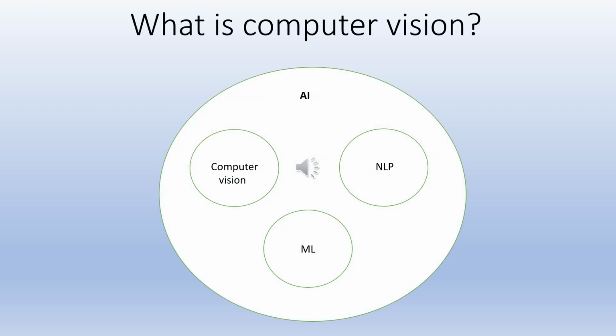So basically, what is computer vision? We are all familiar with the term AI, artificial intelligence. In layman's terms, we want to make the machine think as we do: how we talk, how we understand each other, how we analyze and predict, a kind of analysis similar to humans.